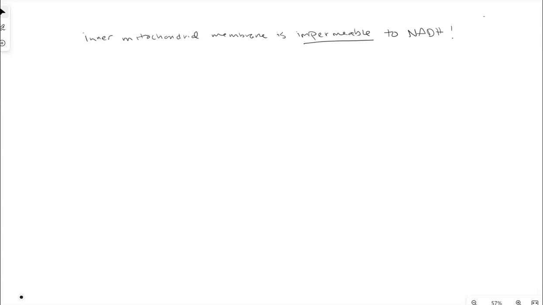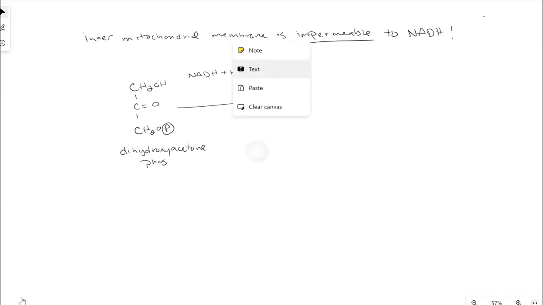So what this looks like is, if we have our dihydroxyacetone phosphate, it can capture the electrons from NADH plus a proton in the cytosol,